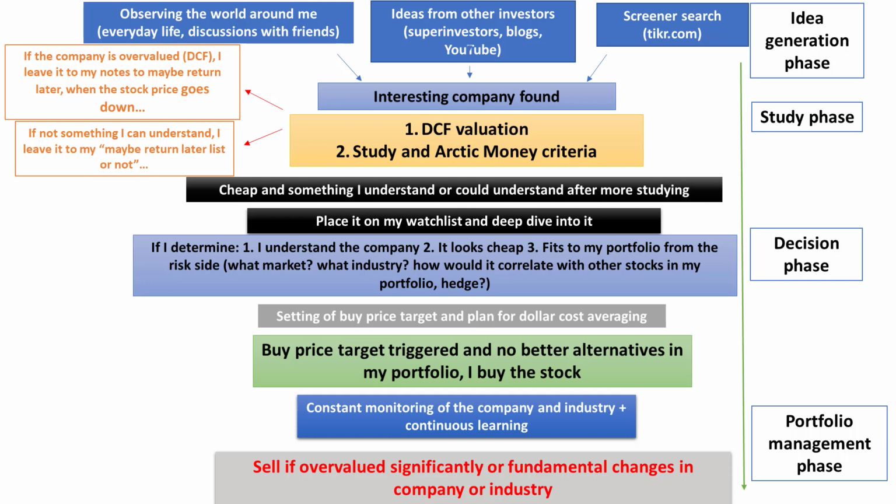What do I check in Arctic Money criteria? Basically, I check: do I understand the company? Does the company have a moat? Have super investors been buying it? Have people who I follow been buying it? Have insiders been buying it? I'm not going to go deeper into that, because you can go and check any of my other videos